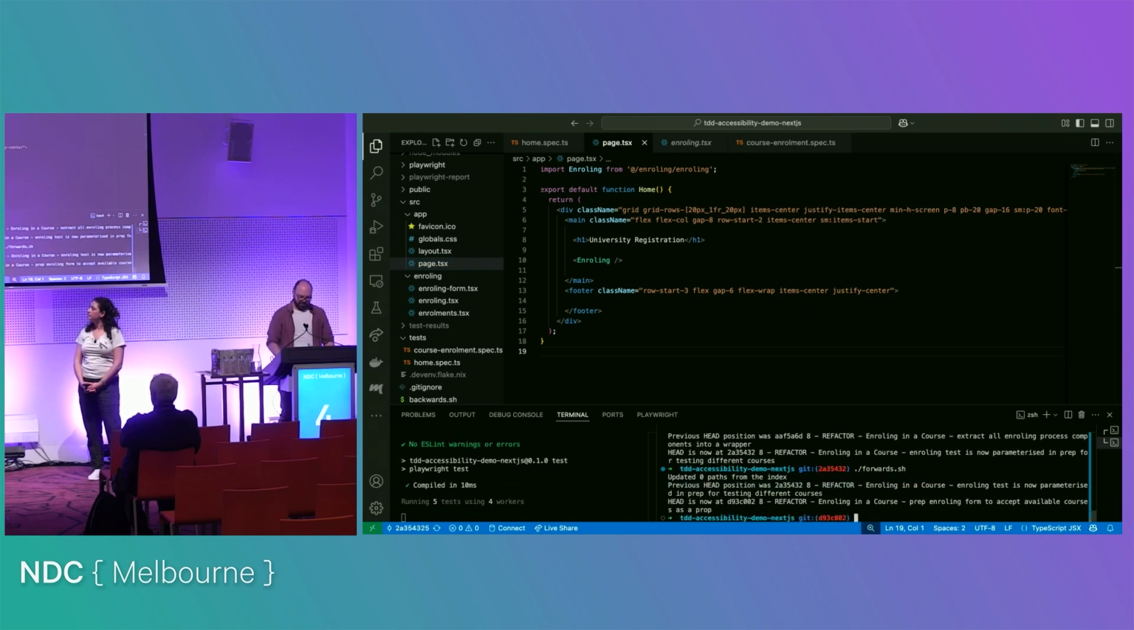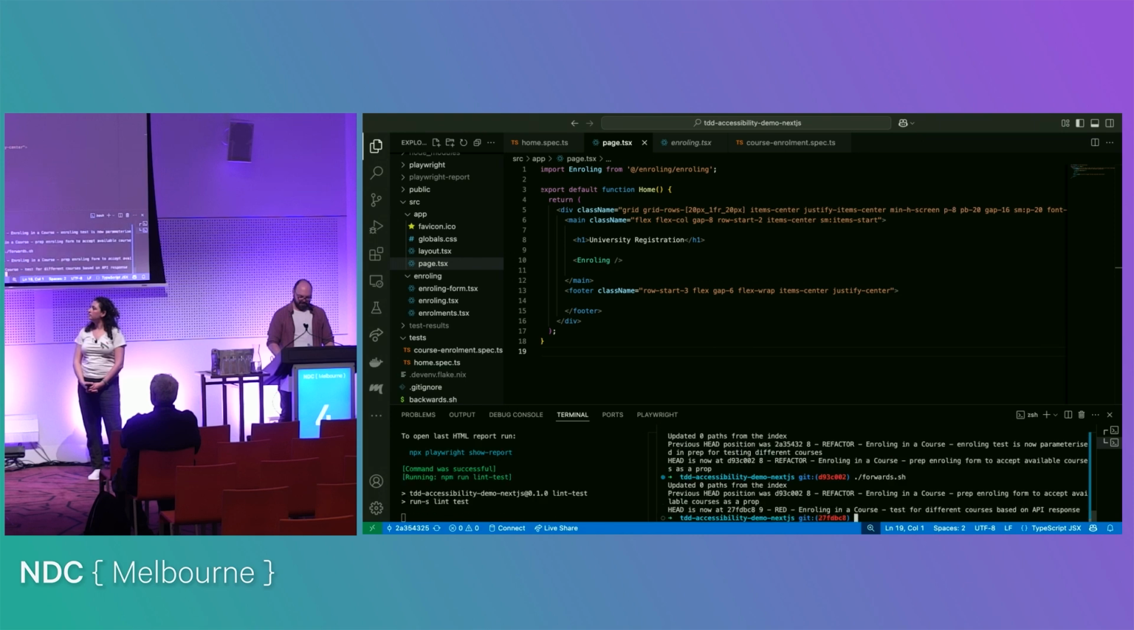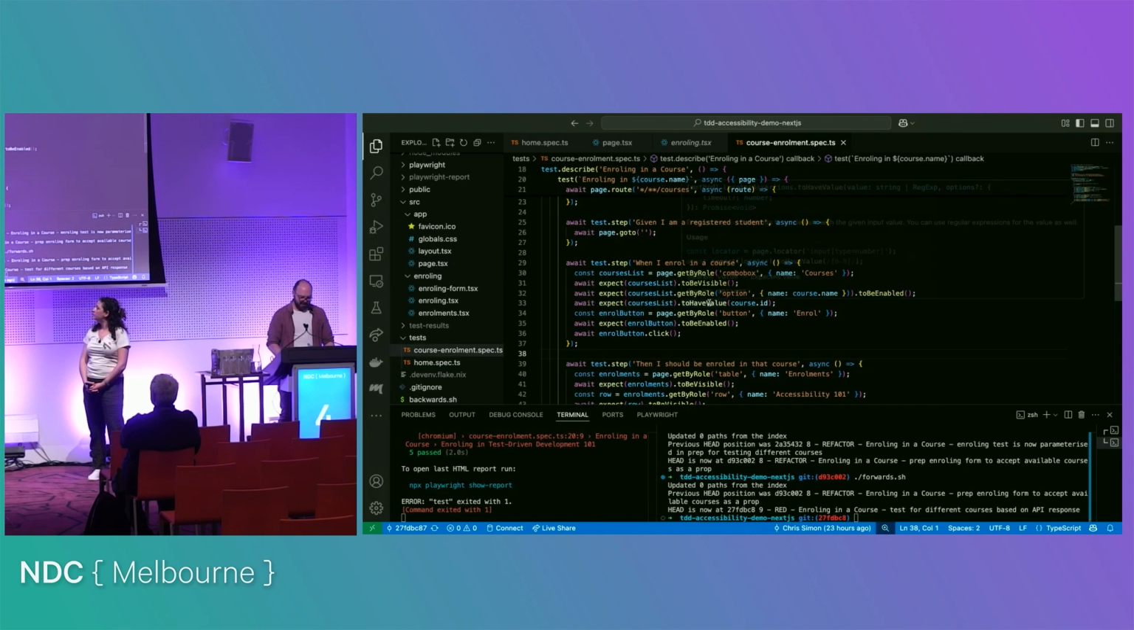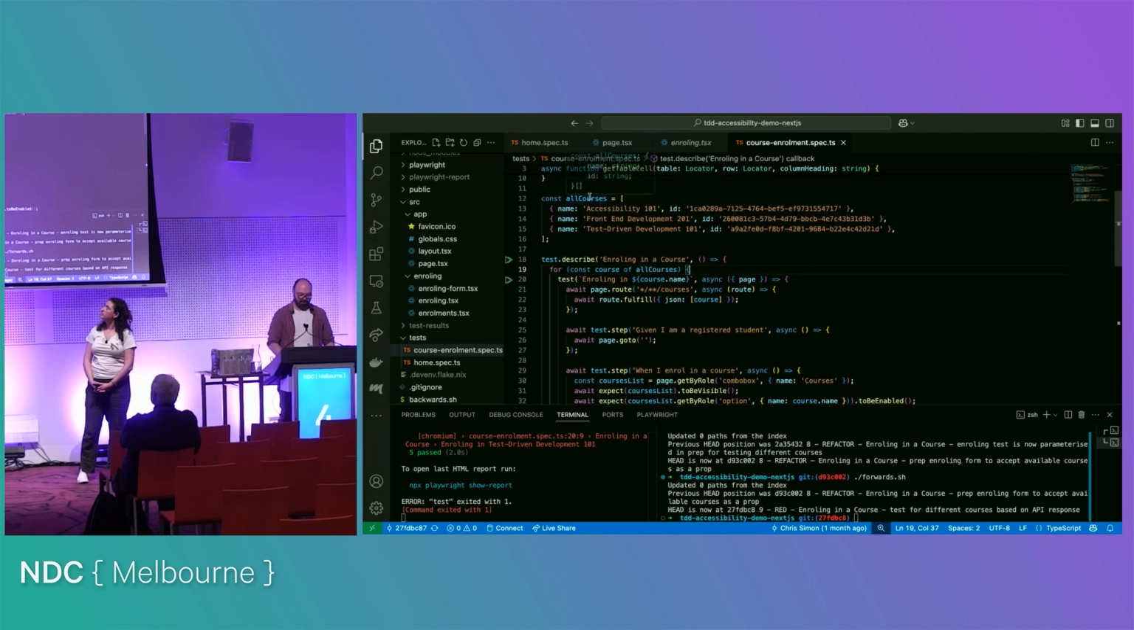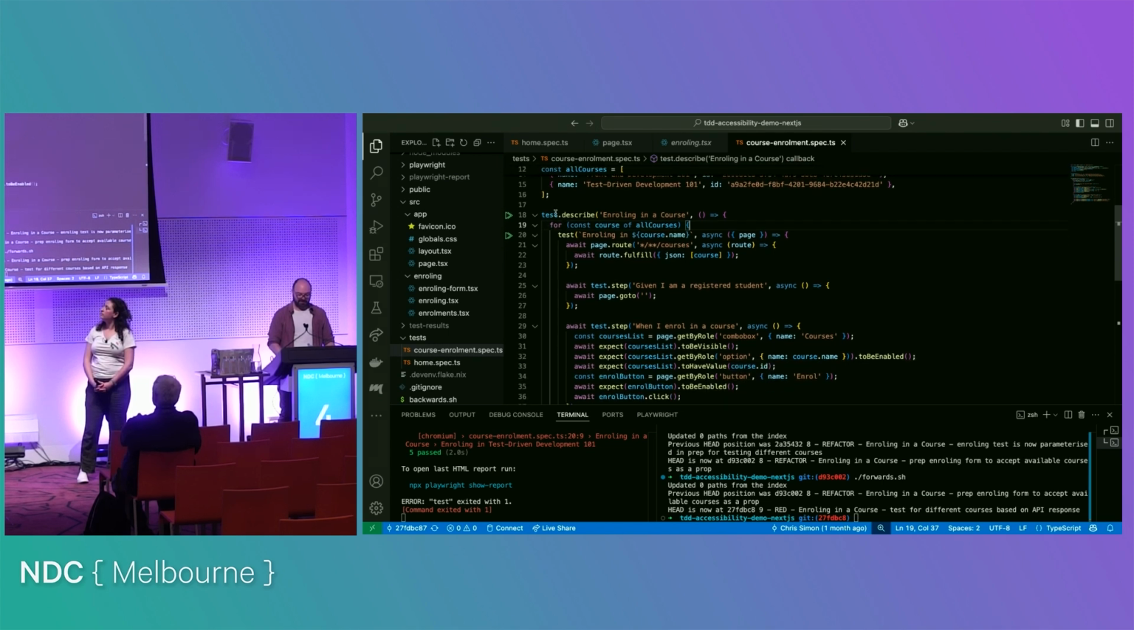A few more refactoring steps. I'm just going to skip through these because I don't think they're too exciting. One thing that's interesting in the tests is we're going to start parameterizing them. In Playwright, the way that you parameterize is literally just put a for loop and embed the data into the name of the test. So here we've got all courses as an array of courses with names and IDs, and we're running the test inside a for loop. We put a test describe around the whole thing, which groups all of the tests for each parameter. We've got a test for each course,